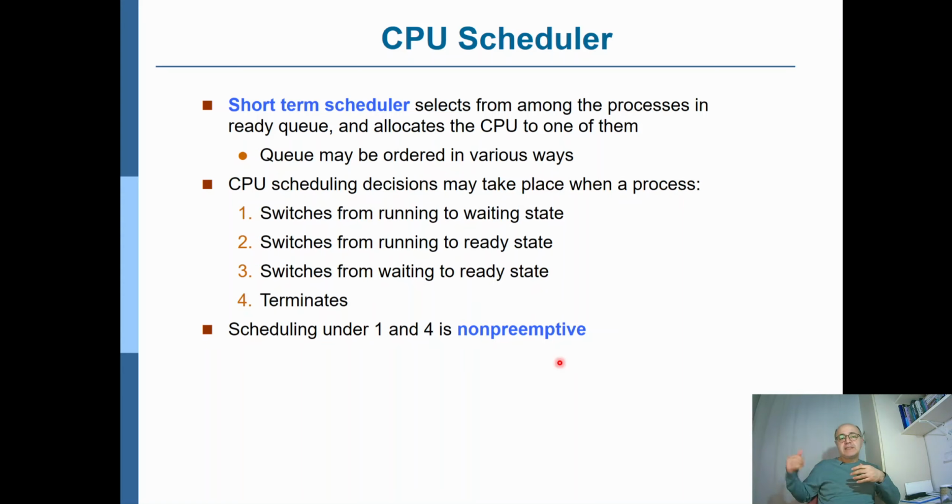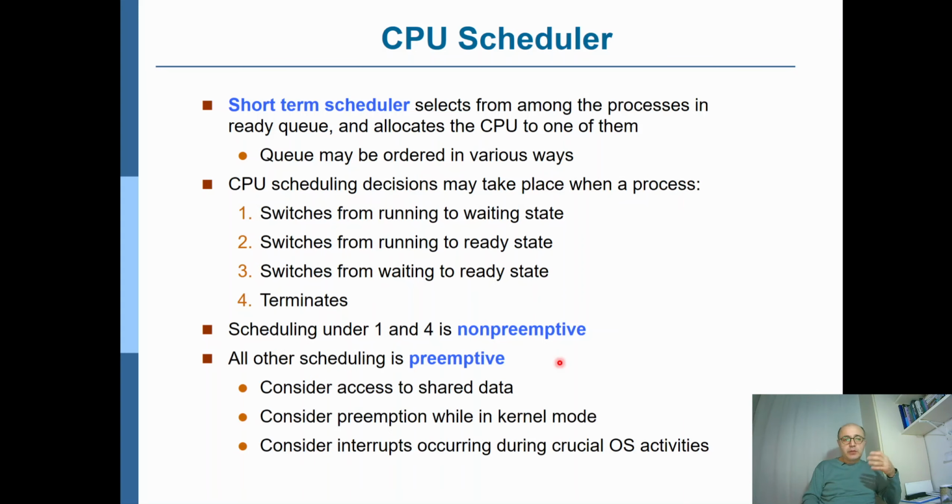So such a case is what we call the preemptive case. In the cases of 1 and 4, the process gets out of the CPU because it's willing to do so. That's why it's non-preemptive. But if you look at the other two cases, cases 2 and 3, the process is